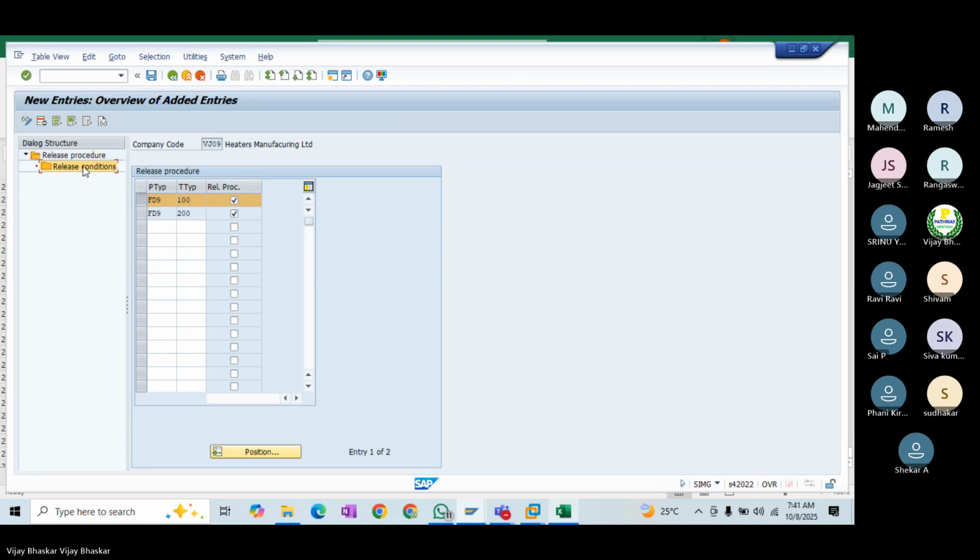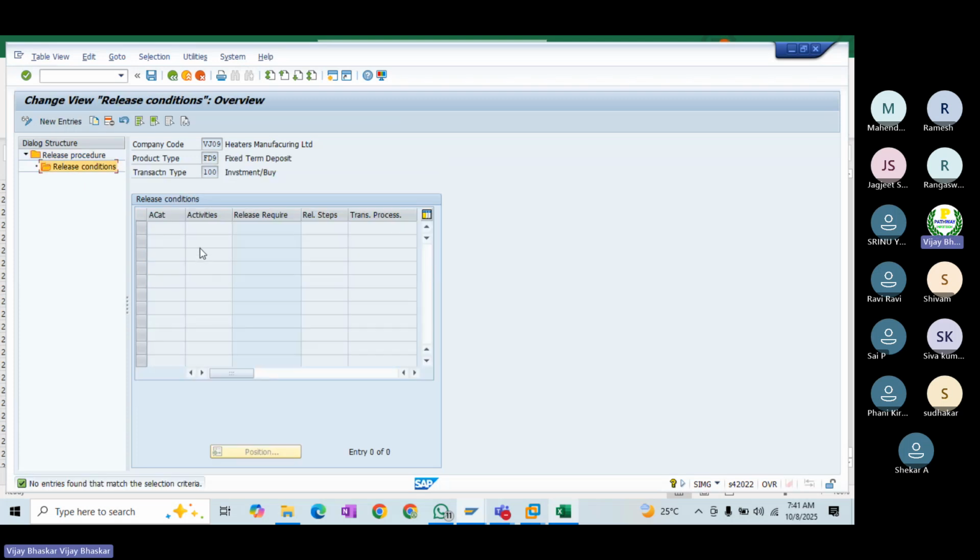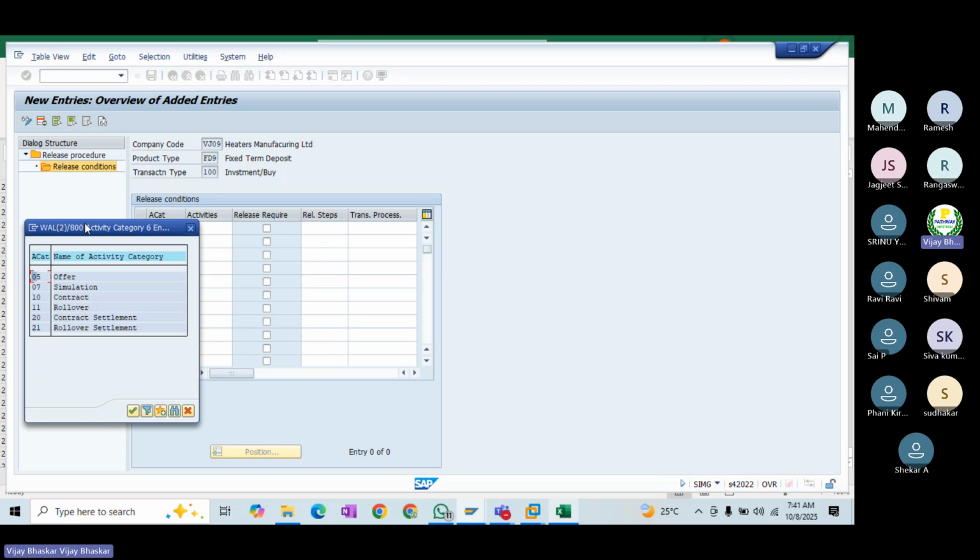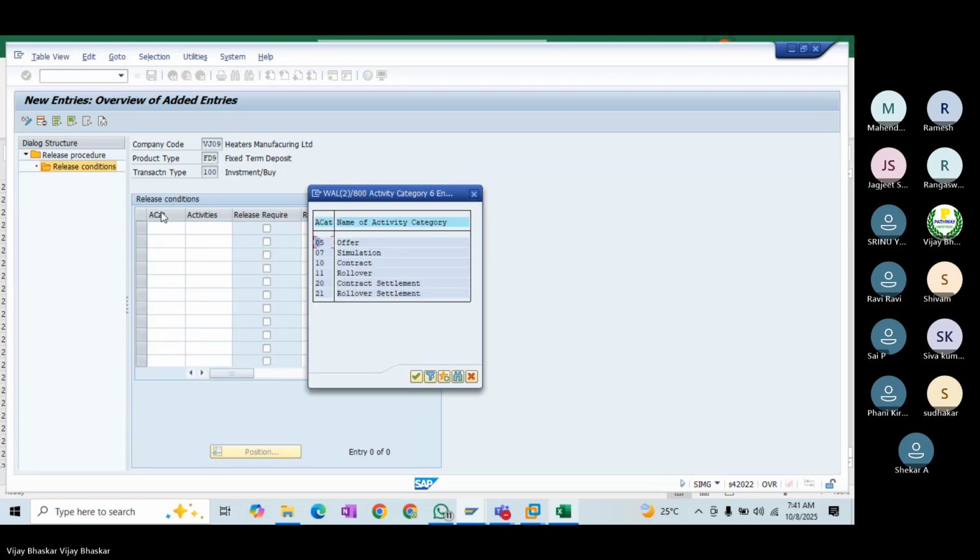Then release conditions. Click on New Category here. And here, what is the account assignment? See, the activity category. At what level do you want to trigger the workflow?